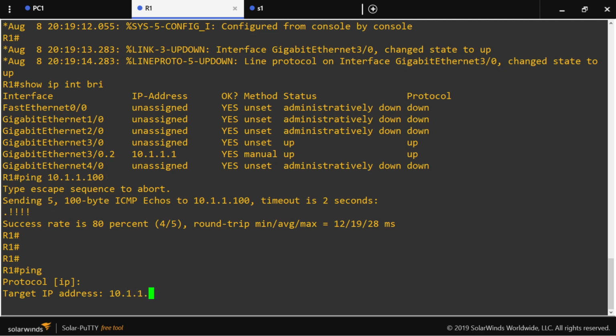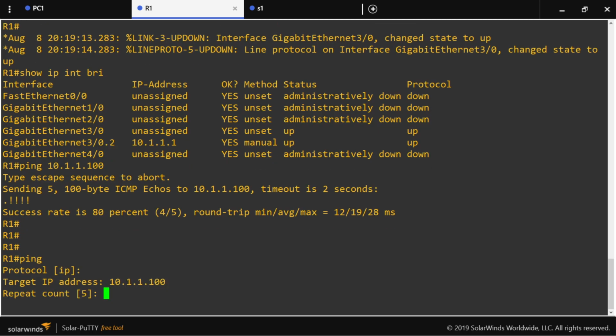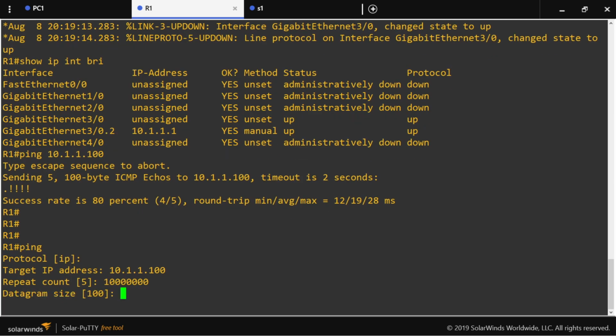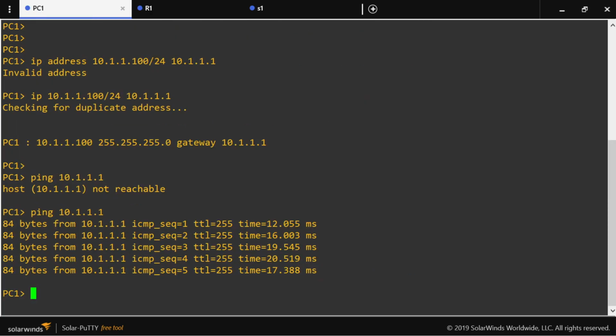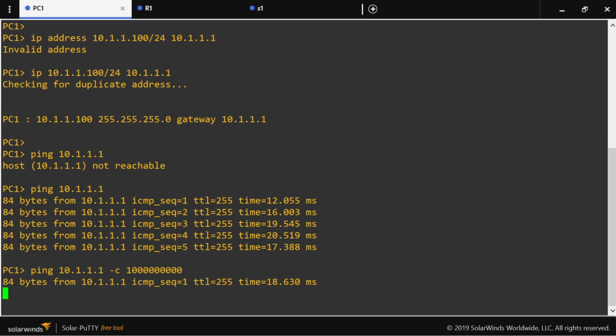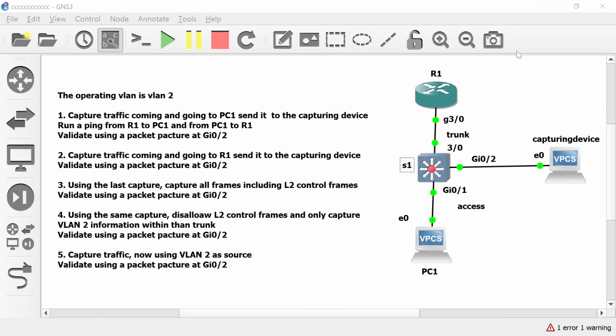I'm in the router. I'm going to ping the PC with a very large repeat count. I want this ping to keep going. I'm going to do the same here. I'm going to ping the router from the PC with a large count. I want this ping to keep going, and I'm going to capture here,